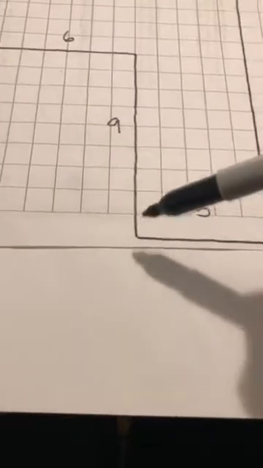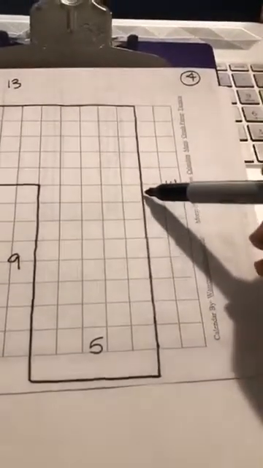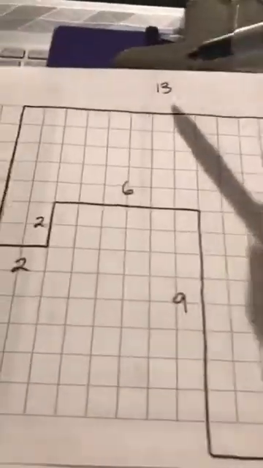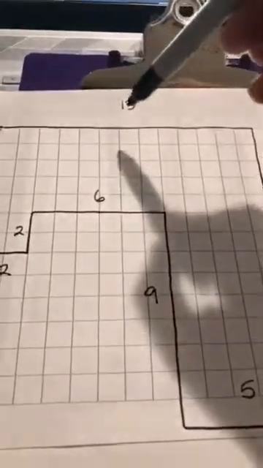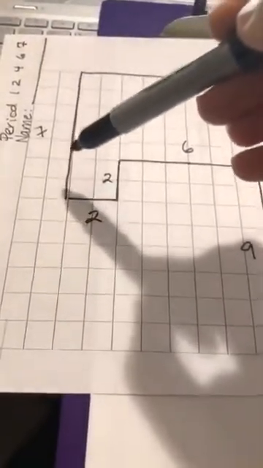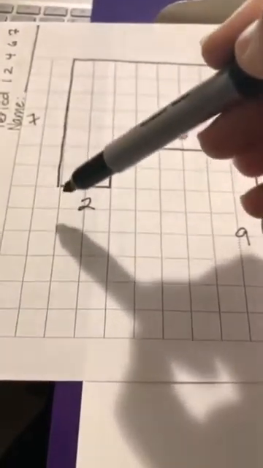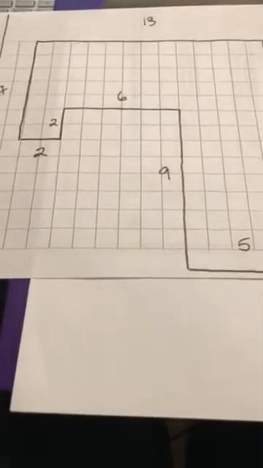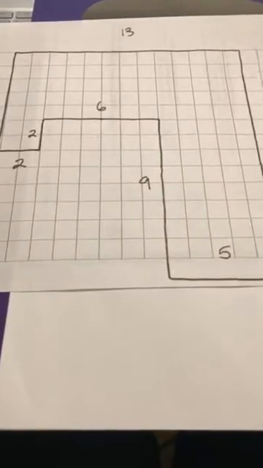So this should be 9 units long, and I had to make an extension on my paper. This side is 5 units, 1, 2, 3, 4, 5. When you count here, 1, 2, 3, 4, 5, 6, 7, 8, 9, 10, 11, 12, 13, 14. I wrote a 14 here. I counted across. I put a 13 here. I counted down 1, 2, 3, 4, 5, 6, 7. I put a 7 here. I put a 2, and I put a 2. I may not use all of these, okay? But I know that if I do this now,